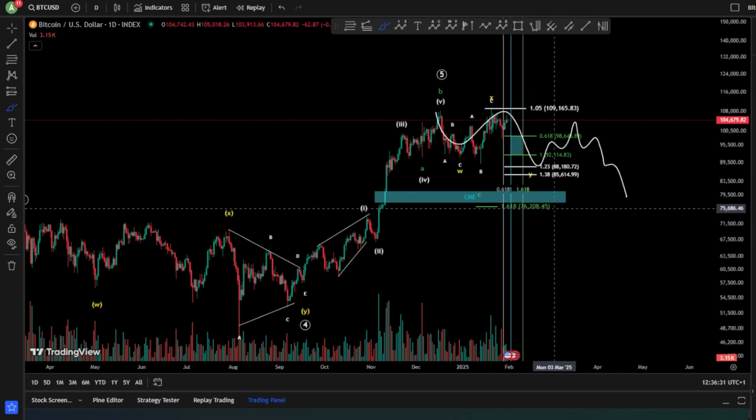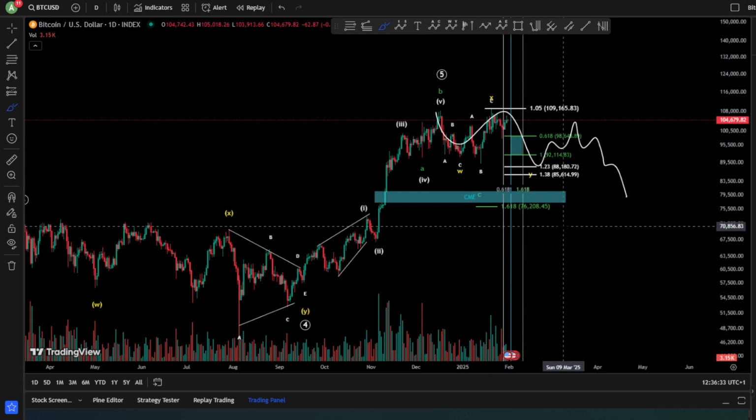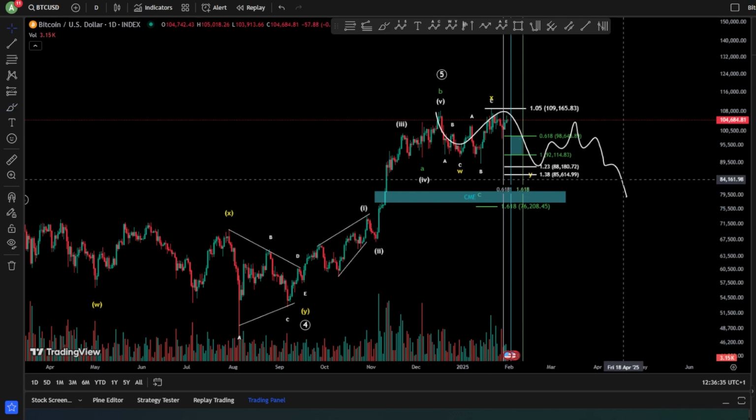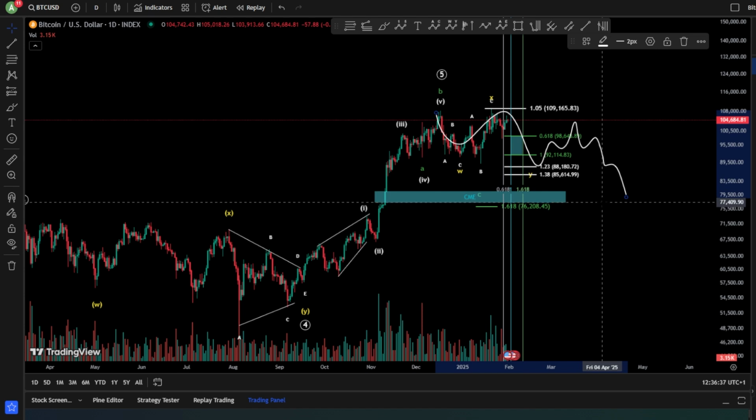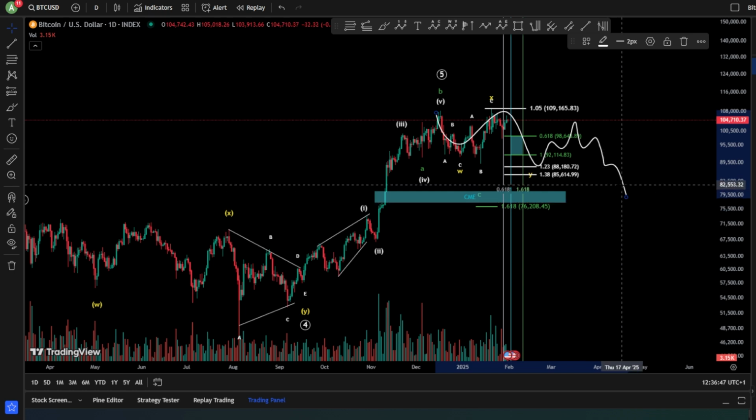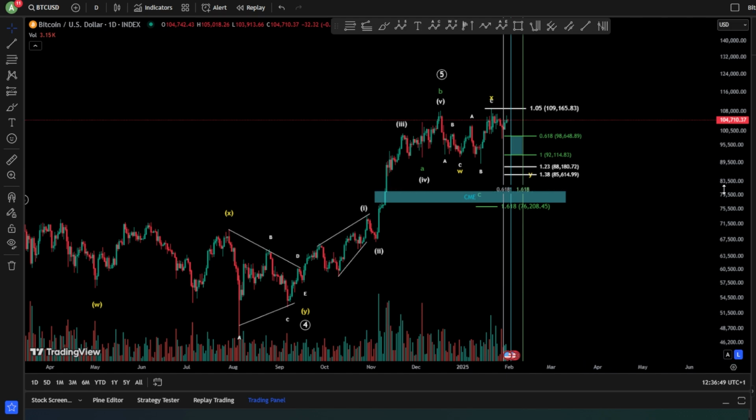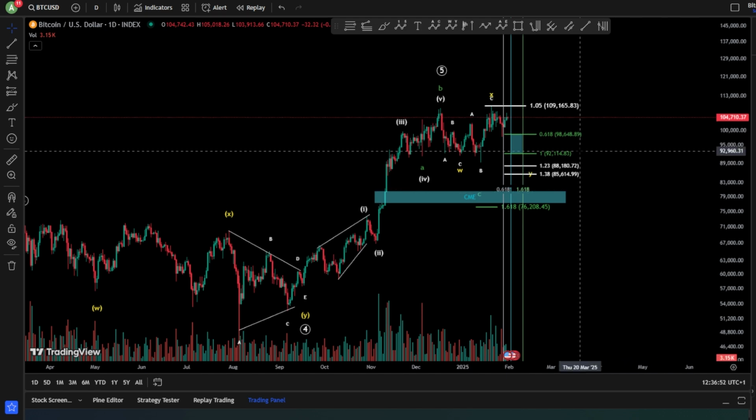If you still remember, the CME gap is still open until now. And it needs to be closed sooner or later. So I believe when we get a bearish market, this CME gap is telling us that Bitcoin might revisit the 77,000 in a bearish market. And another scenario